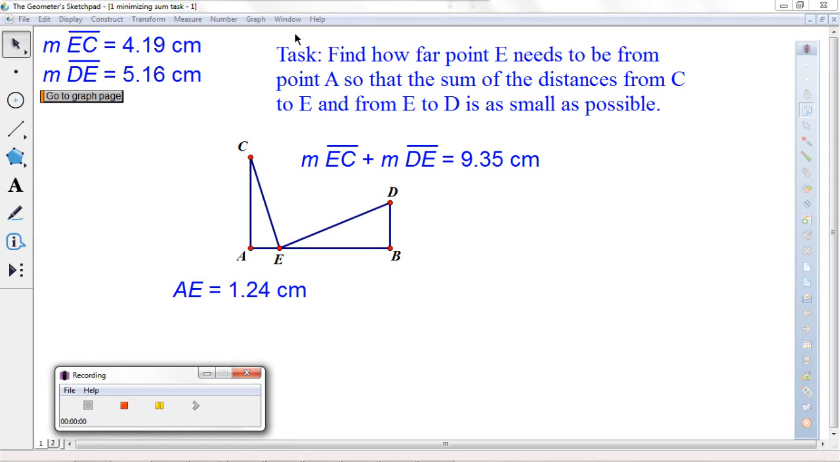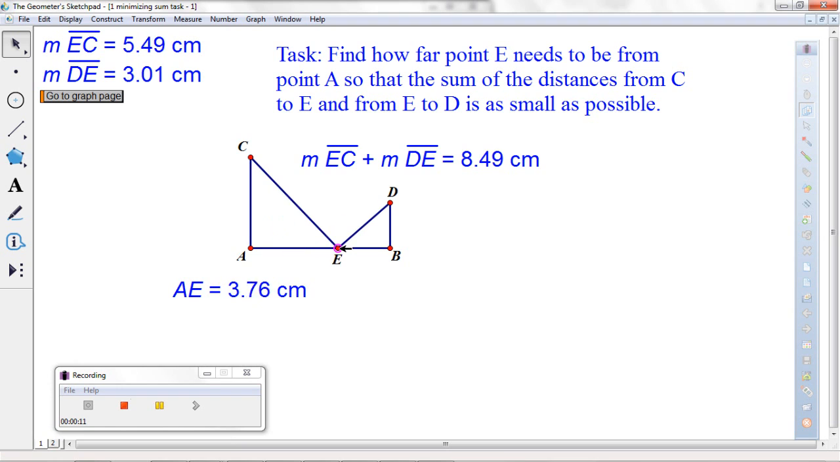Okay, so in this task, the purpose is to use the balance software to visualize the problem that A, C, B, and D are static points and E is dynamic. And we want to know how far to place E from A, here's our distance measurement here, so that the